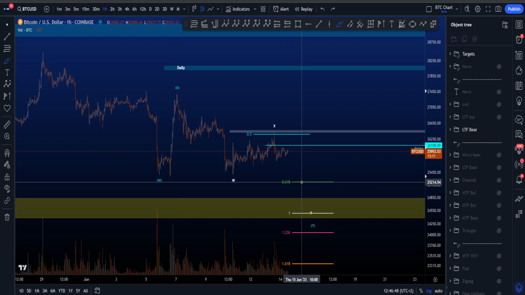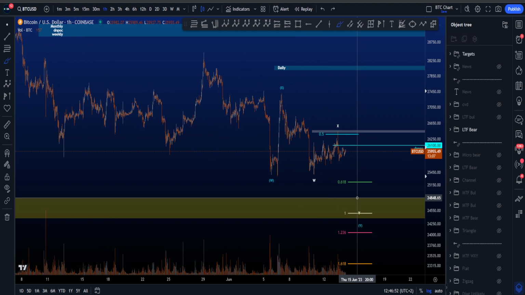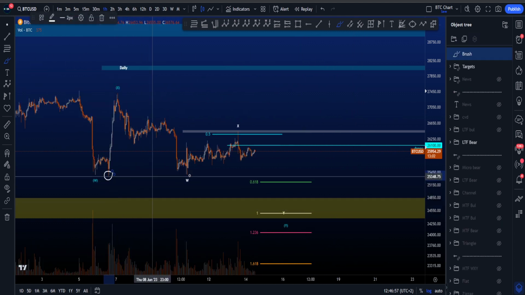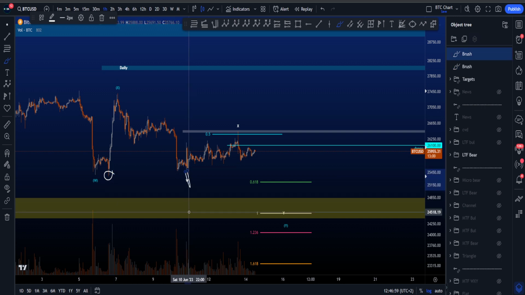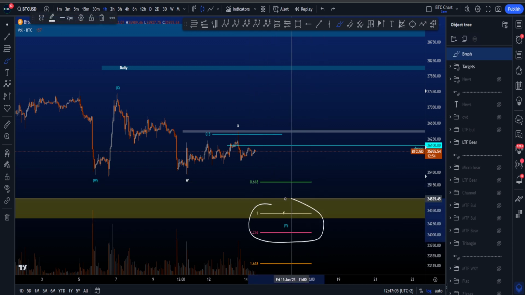sitting at 25.2k, which is quite interesting because we also have a double bottom over here, which on this chart has not yet been taken. On some charts, this low over here has already been taken by a wick over here, but on my chart, the Coinbase chart, we still have a double bottom,